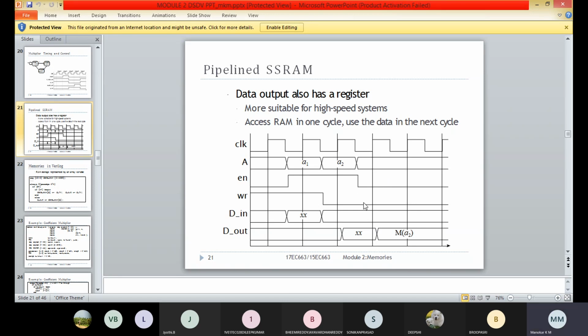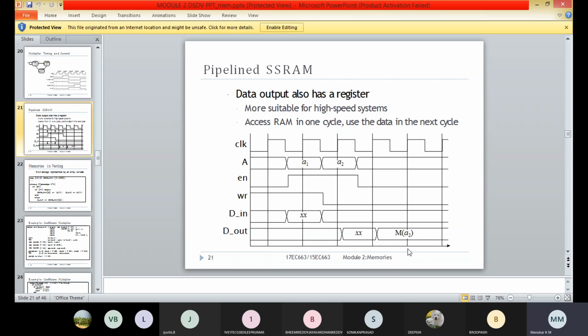When the write signal goes to 0, we are attempting to perform the read operation. In the fourth cycle, the write bar signal goes to 0, and we are performing the read operation. So the data A2 we read in the fourth clock cycle, that is M of A2.